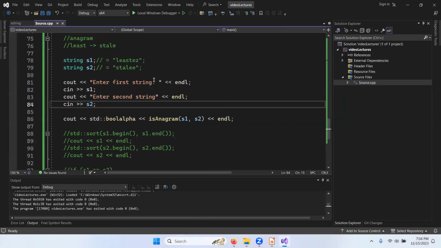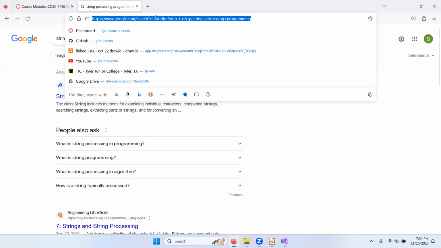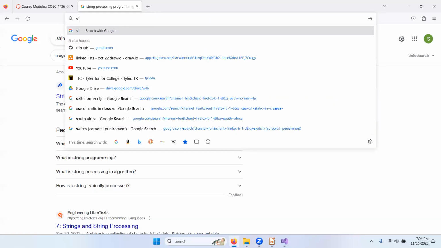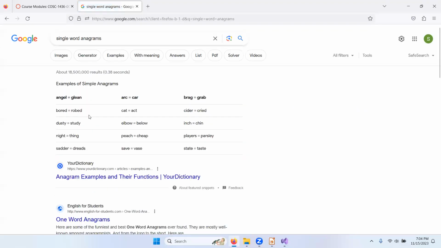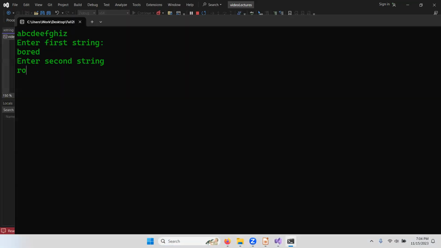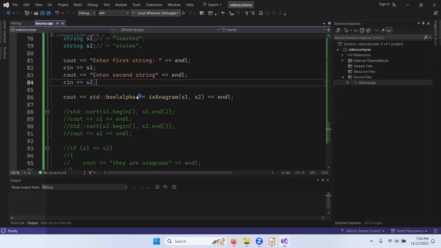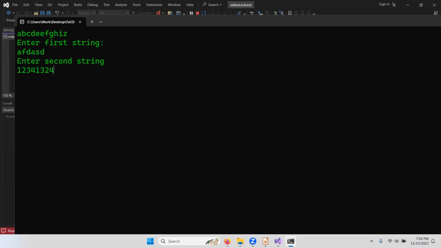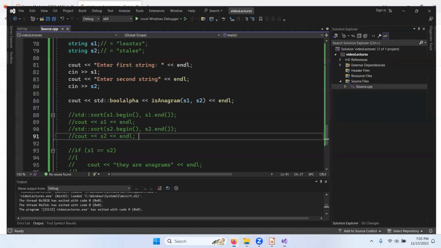Okay, so that's kind of neat. Let's look up some other anagrams. We'll use single word anagrams. Bored and robed. Okay, let's see. Okay, those are anagrams. Let's make sure that we're not always returning true. They are not anagrams, and the sorted version of that word is this, and the sorted version of that word is this. Okay, so that's a neat